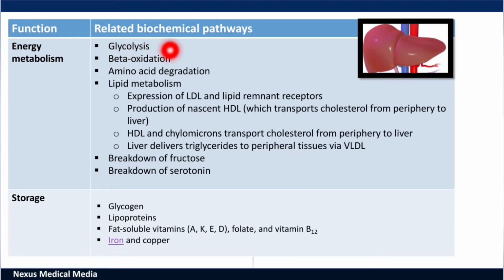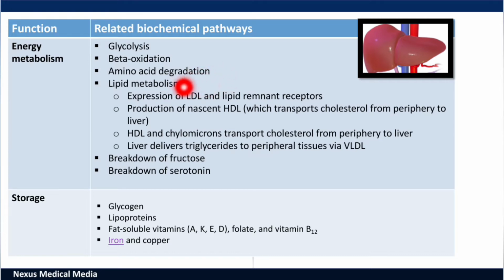The first function is glycolysis. This is the breakdown of glucose to pyruvate, right? So we need energy, so this pathway produces energy. Next is beta oxidation of fats, right? So fatty acids will undergo beta oxidation in synthesis of ATP, again very important. Amino acid degradation,